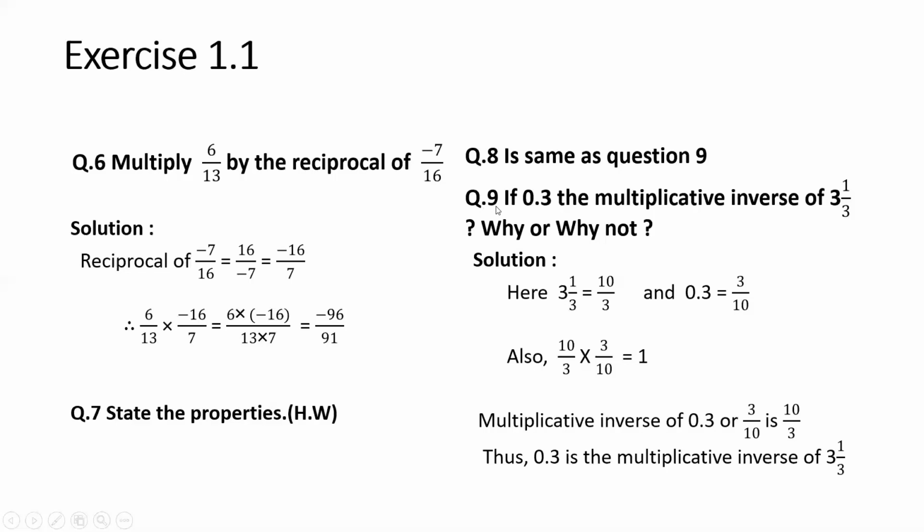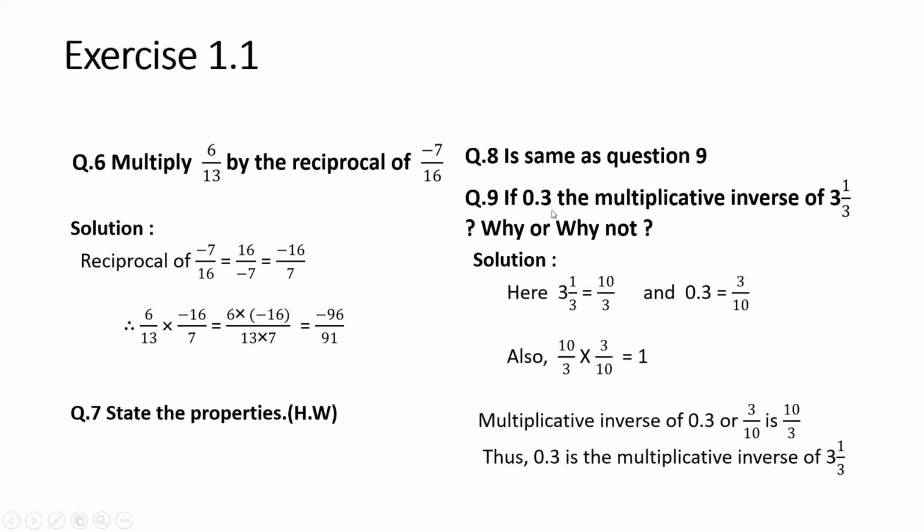So question number 9 is, if 0.3 is the multiplicative inverse of 3 integer 1 upon 3 or not, and if it is yes, then why, and if it is no, then also why. So you have to give the reason for your answer. So here first we will convert this 3 1 upon 3 into fraction or the rational number form. So 3 3s are 9 plus 1 is equal to 10 upon 3,